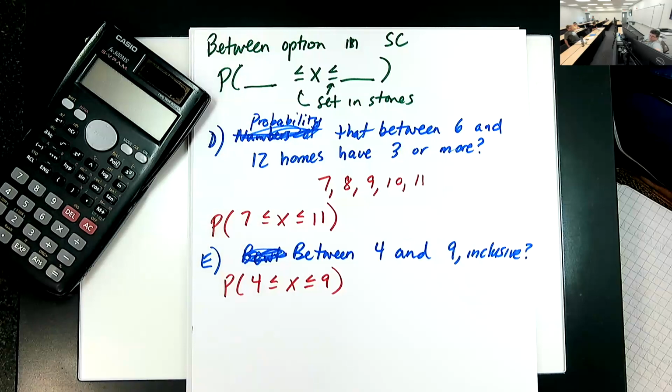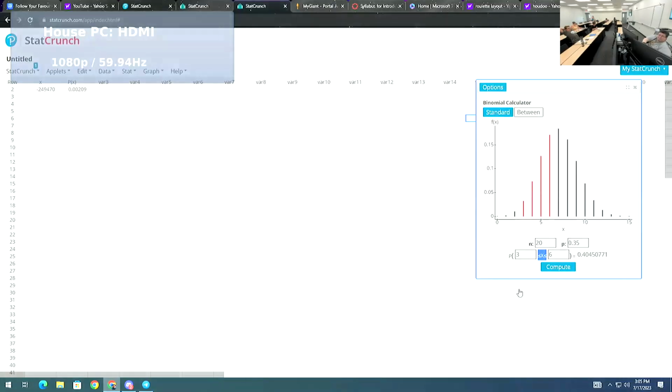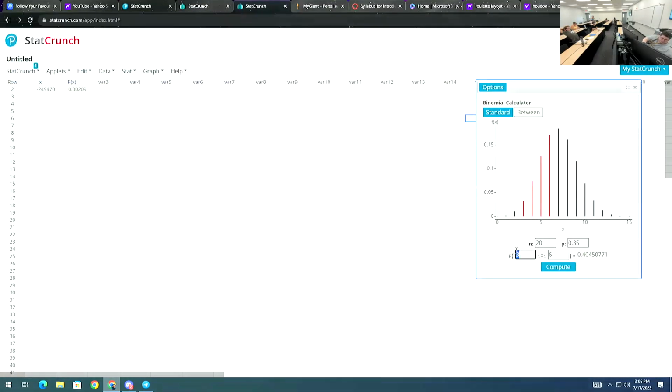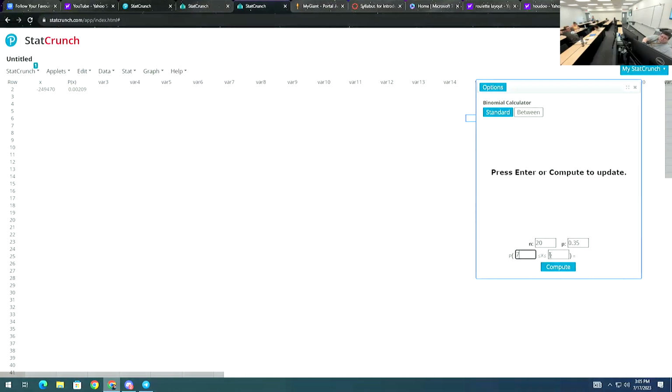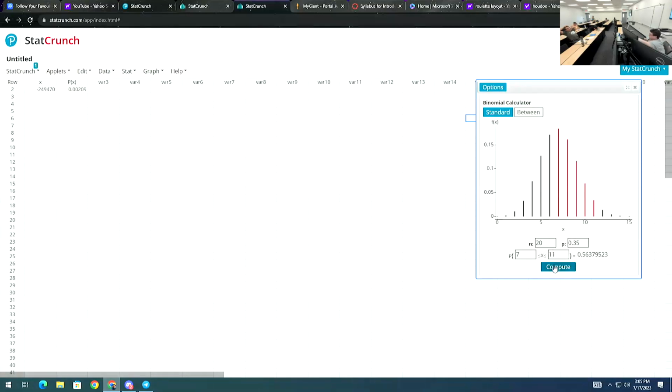Okay, let's just look at StatCrunch real quick, get the answers. So we had 7 and 11 for the first one. And I know you can't see me writing it down, but it's that number in that box on the right, 0.56379523.